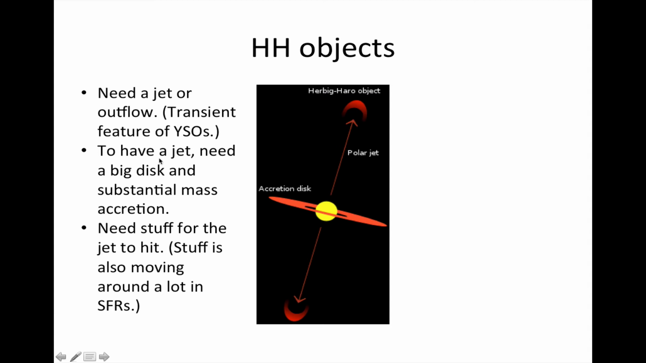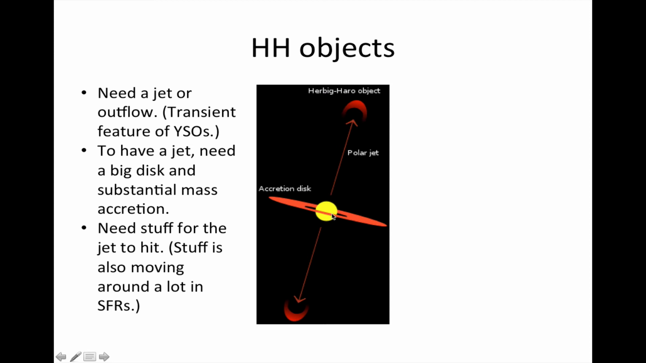In order to have a jet at all, you need a big disk and you need to have a really high mass accretion rate. The stuff needs to be just pouring onto the star. And moreover, not only do you need that high accretion rate, you also need something for the jet to hit. If there's nothing in the way, then we will never see it because the jet will just keep on cruising out. But by hitting interstellar medium, it causes all sorts of interesting shock physics, and you are able to see the energy from that shock as it hits, in the form of line emission from the matter in that